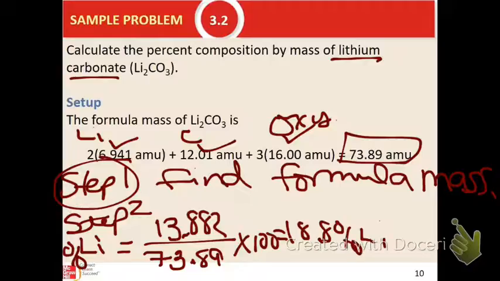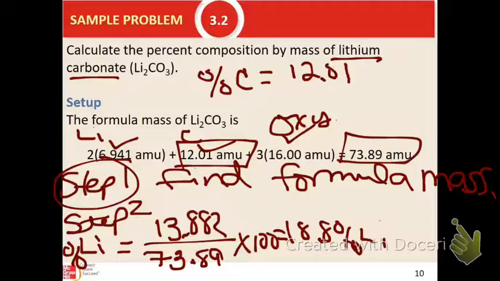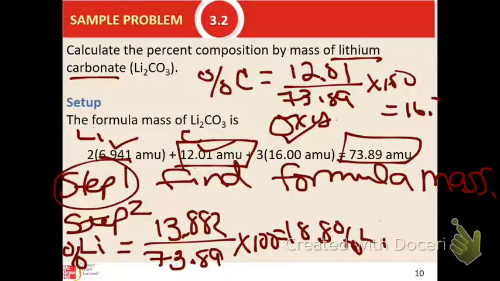Okay? You're going to do the exact same thing for carbon. To find your percent carbon, it's going to be what is my mass of carbon. You only had 1 of them, so 1 times 12.01 is 12.01. I'm going to divide it by the formula mass, which was 73.89 AMU. Multiply that times 100, so you take 12.01 divided by 73.89, and you're going to get 16.3%